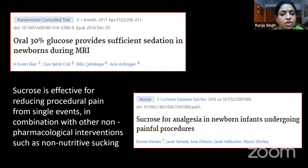In very small children, in neonates and infants, it has been shown that sucrose is a very effective non-pharmacological intervention. This study talks about glucose providing sufficient sedation for MRI in newborns without the use of any other sedative agent. I remember reading a case report in an Anesthesia newsletter many years back where they had just asked the mother to feed the child, neonates particularly, just prior to the CT scan. A hungry child would suckle on the mother's breast, become full and rapidly go to sleep, and the procedure could be completed without any other sedative